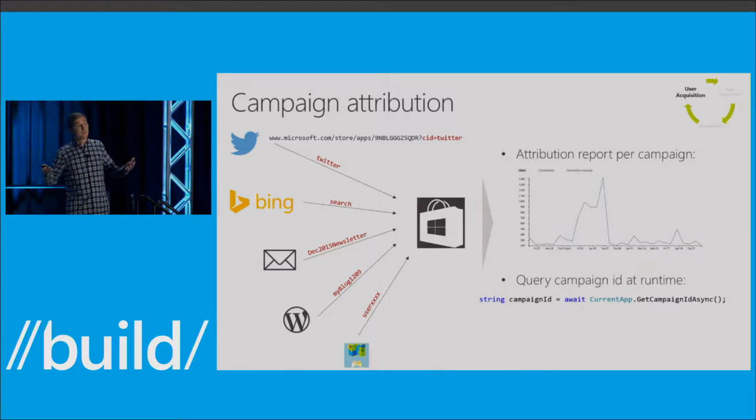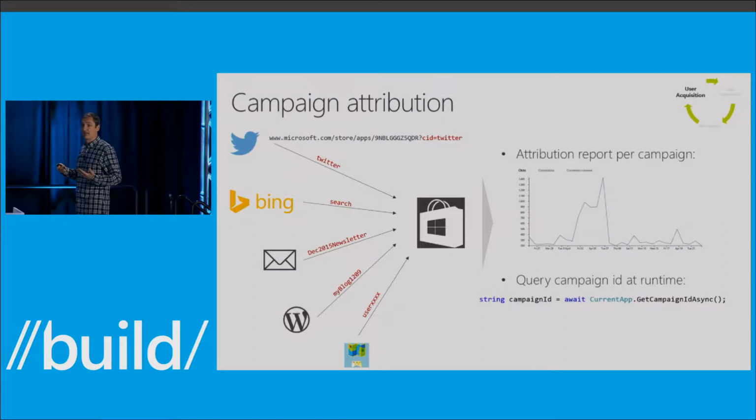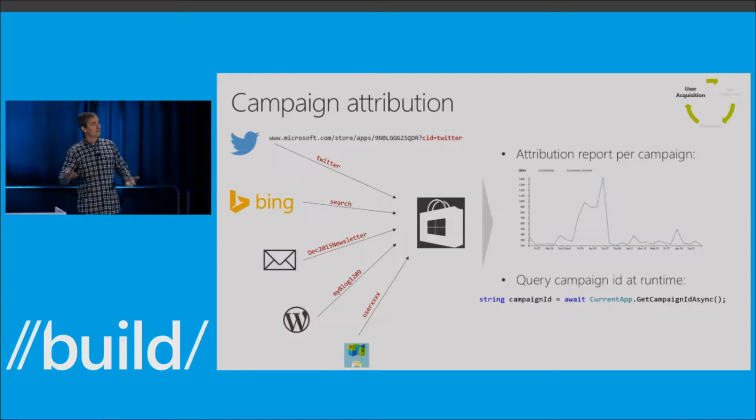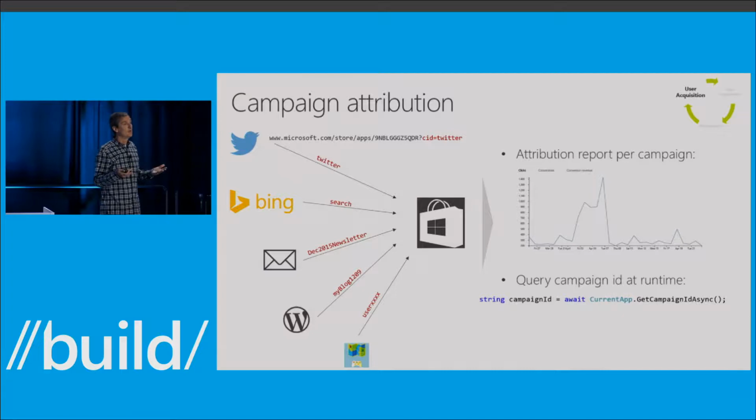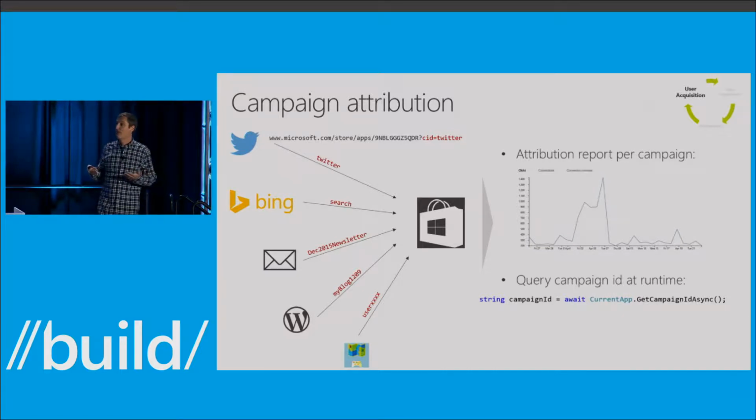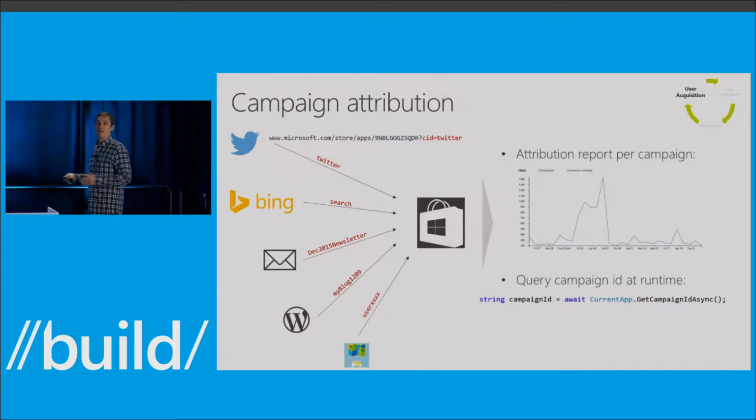The other use for this is analytics. Your app can, at runtime, get the campaign identifier and send it up to your analytics solution, and this allows you to do things like create user cohorts based on where the users were acquired from. And then you can analyze these user cohorts and understand how the users that you acquired from Facebook behave differently from the users that you acquired in some other place.